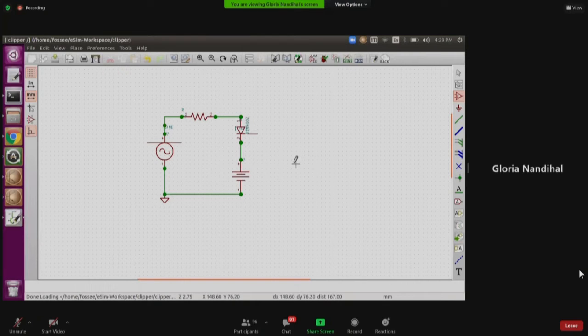So this is done. Now it's just a basic method to generate the simulation. Whenever you have a converted KiCad schematic, you need to make sure the values have been assigned. If you don't assign the values and you do KiCad to ngSpice conversion, it will hang. It will give you an error. So let's assign a value.